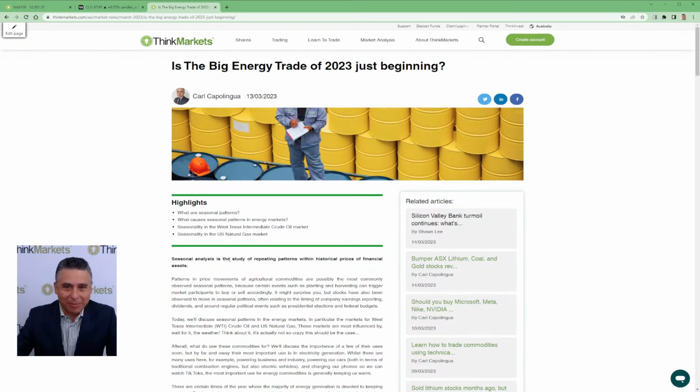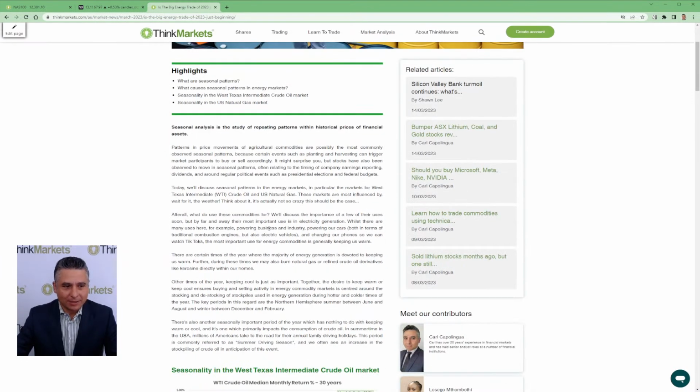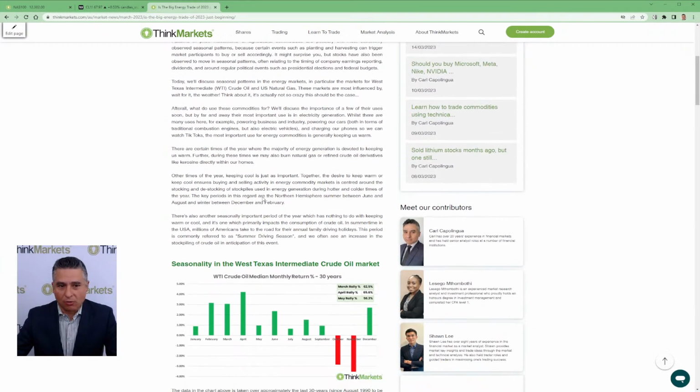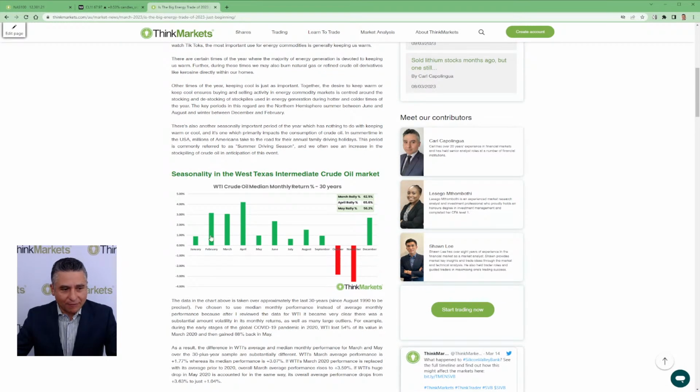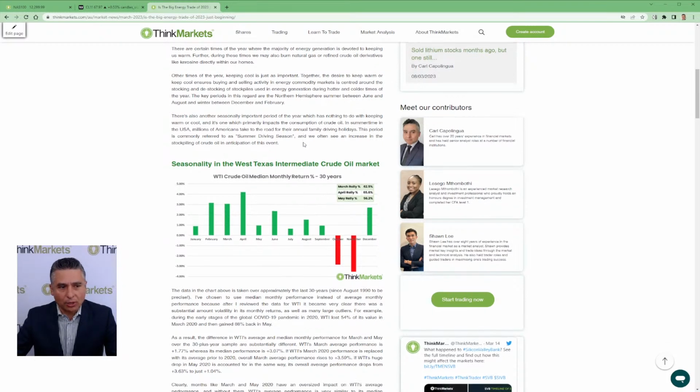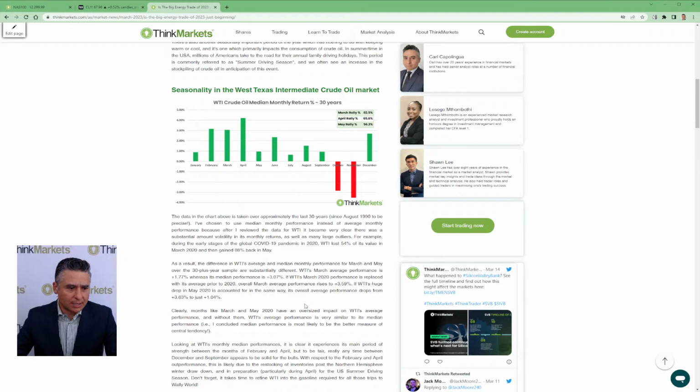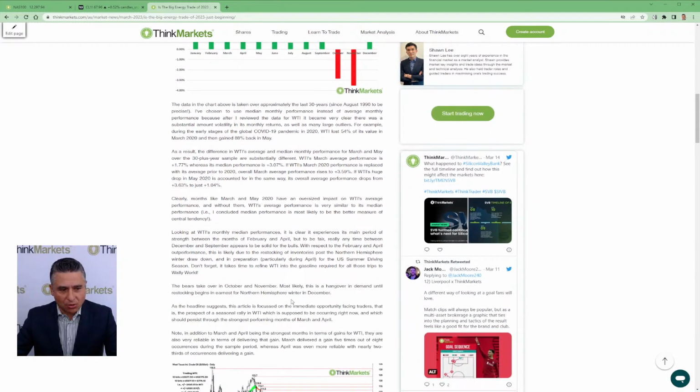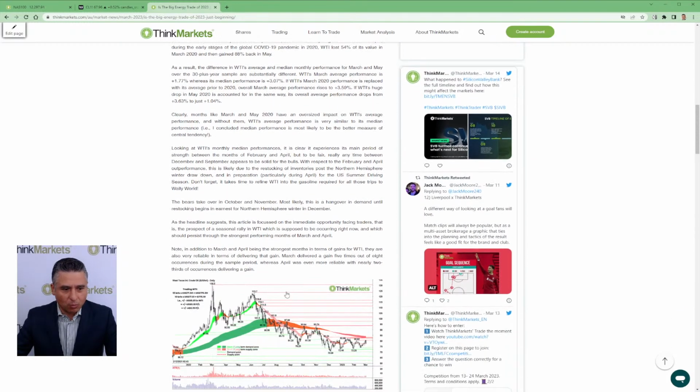Okay, I covered my backside because seasonal patterns are, I think, an excellent way to try and interpret the market. So try and interpret a trading idea you might have within those seasonal patterns, but they're not written in stone. And we can see that February, March, April, usually a pretty strong seasonal time for West Texas Intermediate crude oil. And in this article, I go into some of the reasons why that might be the case, some of the historical factors there, and therefore what we might want to do about it.